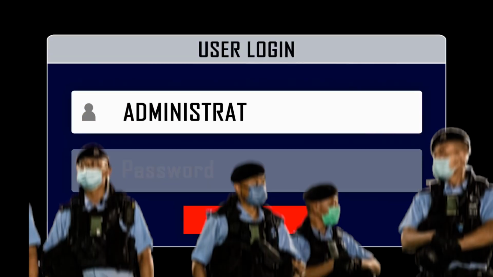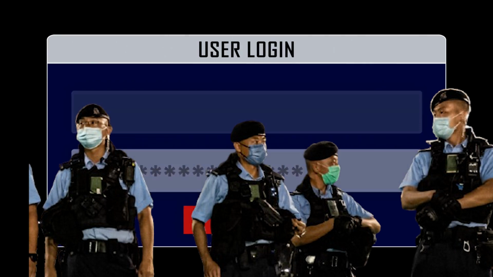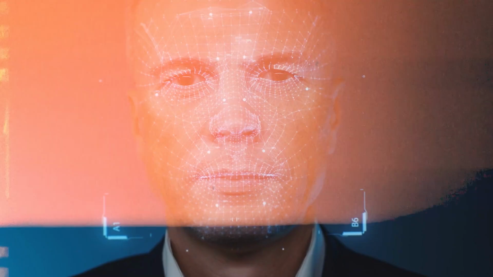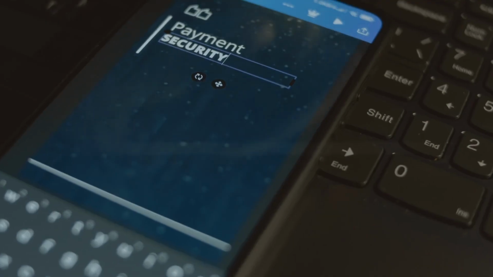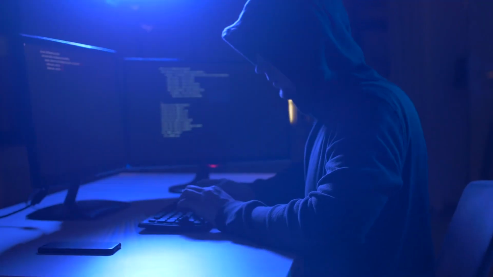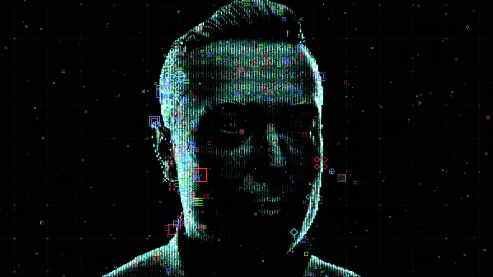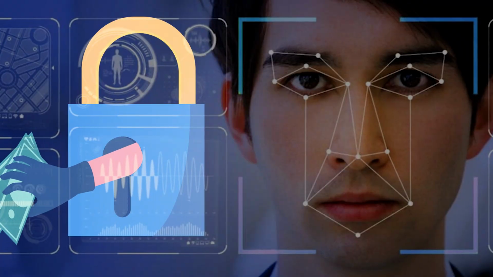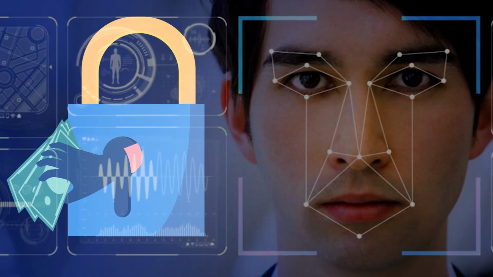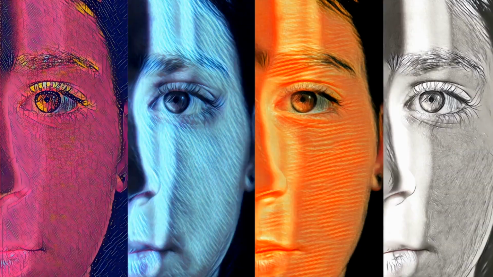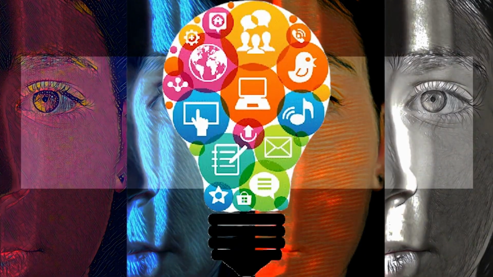Hong Kong police later linked the crime to a broader operation using stolen IDs and AI face swaps to bypass bank security checks. The incident underscores a chilling reality. As deepfake technology advances, it threatens not just finances, but the very foundation of trust in digital interactions. As deepfakes become harder to detect, they threaten to erode trust in digital media altogether.